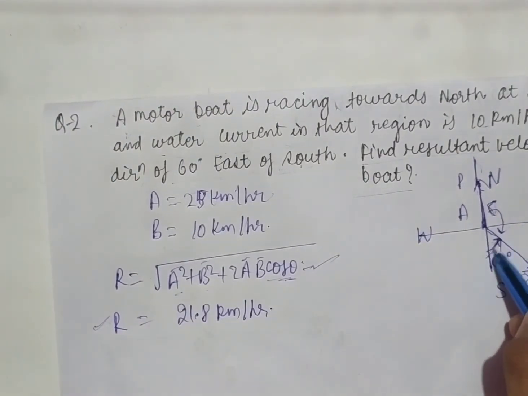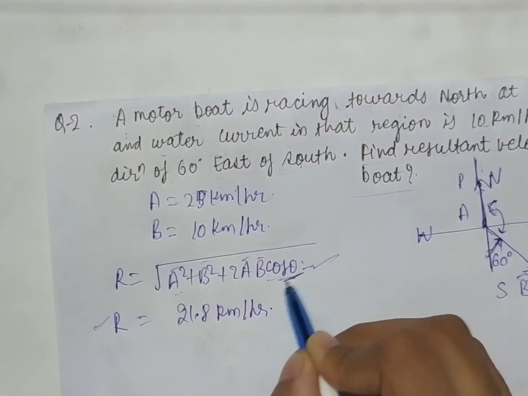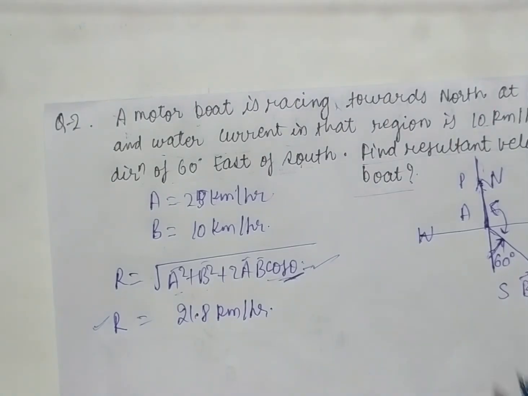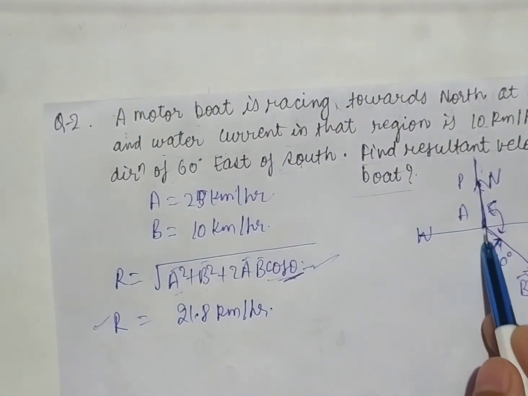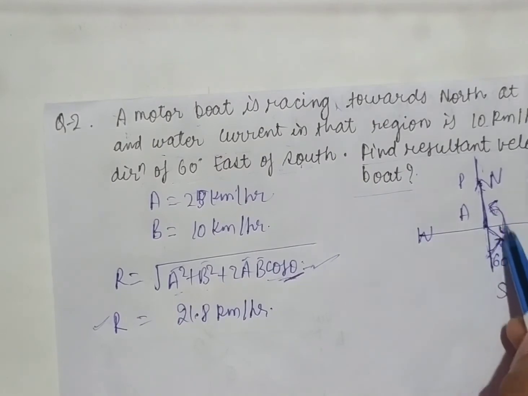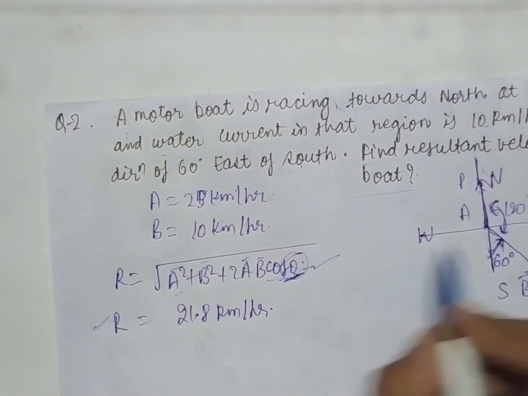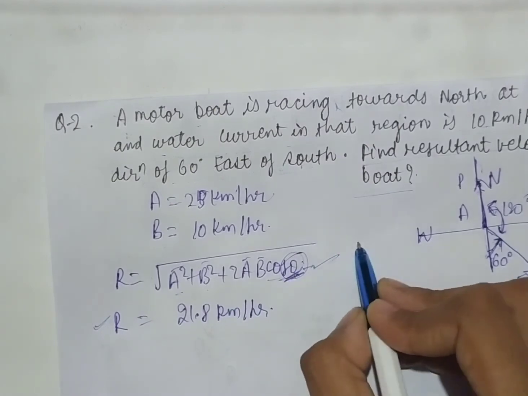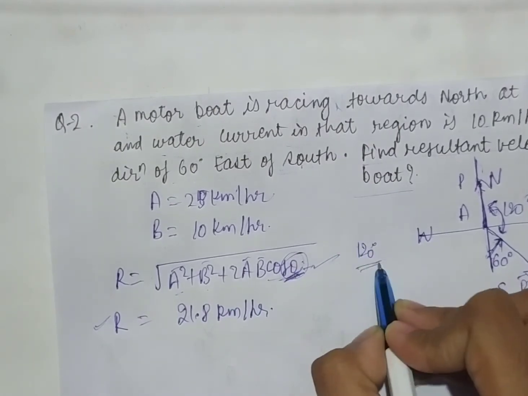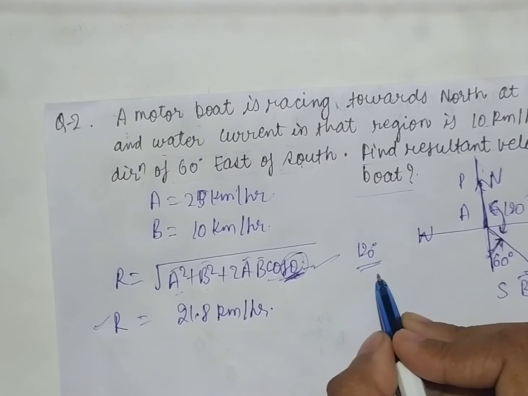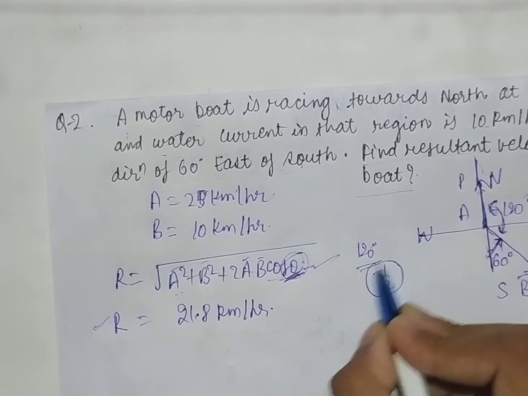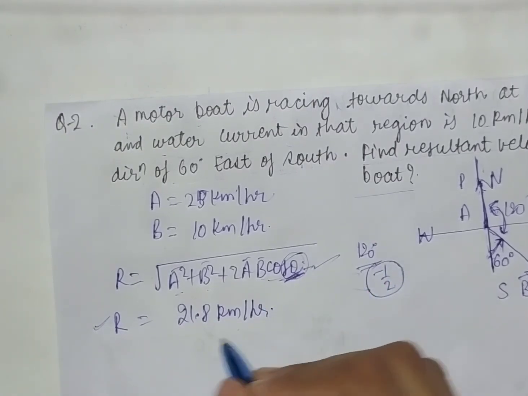See, if we are given this angle, the theta that we take is the angle between the two vectors, and we are given the angle with respect to this. Okay, we have to take this angle as this theta. We will be taking this angle as 120 degrees. So here in cos theta we will be putting the value 120 degrees. And what is cos 120 degrees? As we have earlier seen, that is minus 1 by 2. After putting all these values you will easily find this.